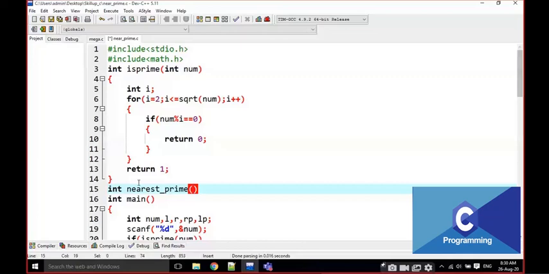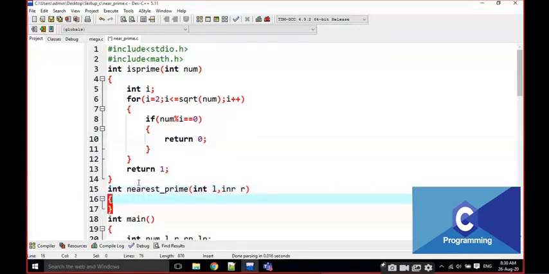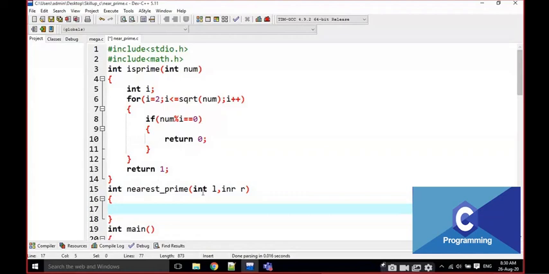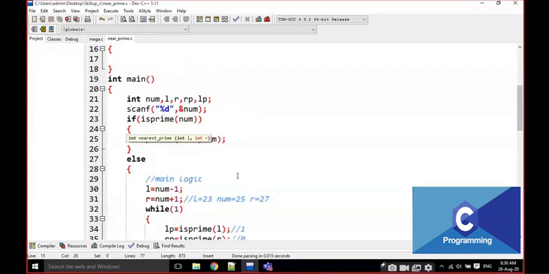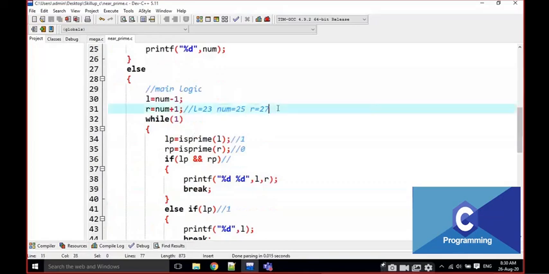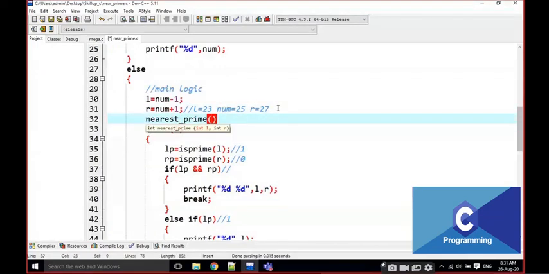I'm going to pass two values here, first int L comma int R. Now I'm going to call nearest_prime of L comma R.